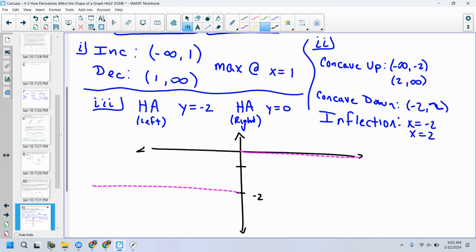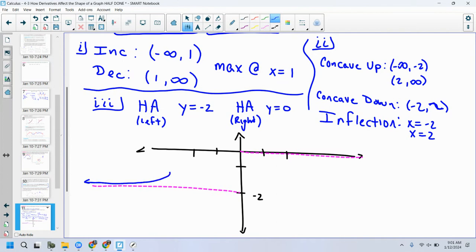Now, I know it's going to increase from -infinity to 1, and there's this maximum value at 1. So I know there's an interesting point happening here at 1. I know that there is concave downward. There's inflection points at -2 and then +2, right? So there's something interesting happening at -2, something interesting happening at +2. There's inflection points, and then there's this maximum value happening at 1. Okay, so I guess if I want to go from left to right,